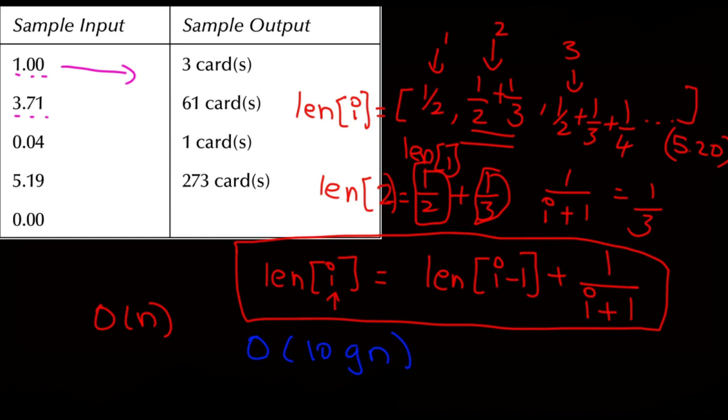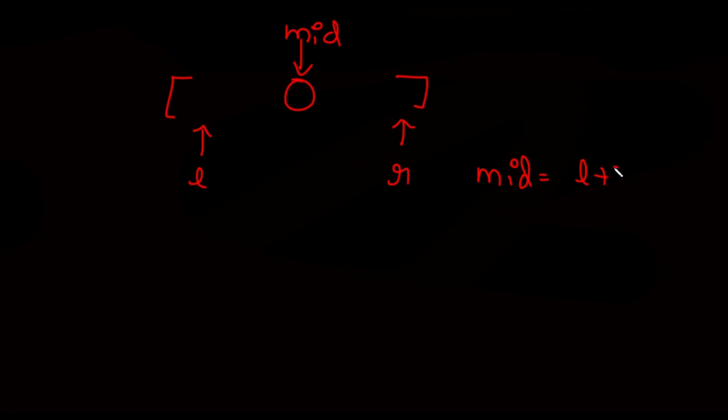Some of you may be able to solve this problem, but let me explain it to you. In our given array we'll set a particular middle. We'll have one left index and a right index, and we'll set a mid that is equal to (L plus R) by 2. Suppose we have to find x, if length of mid